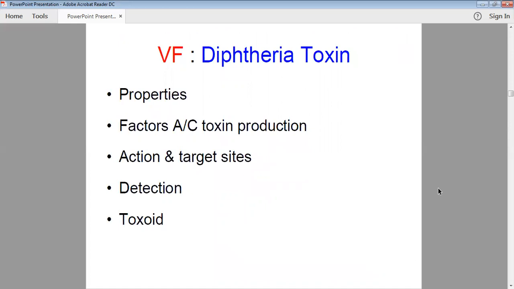Again, toxoid is used for vaccine preparation, and that's why we use DPT. DPT means toxoid, particularly diphtheria toxoid, not toxin, and tetanus toxoid. So we use toxoid for the vaccine. Toxin has a pathogenic or virulence property; in toxoid, we remove the virulence property and maintain the antigenic property to stimulate